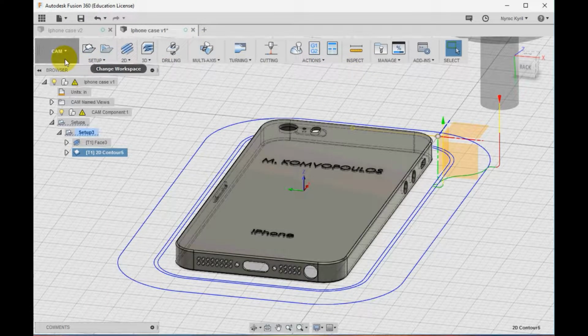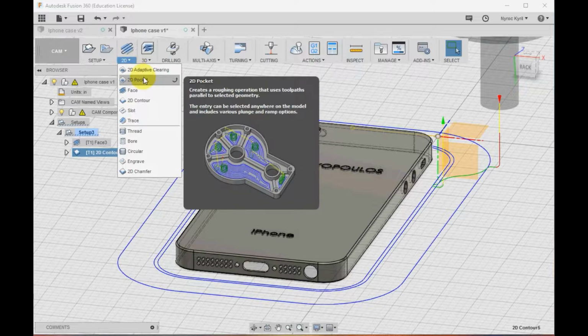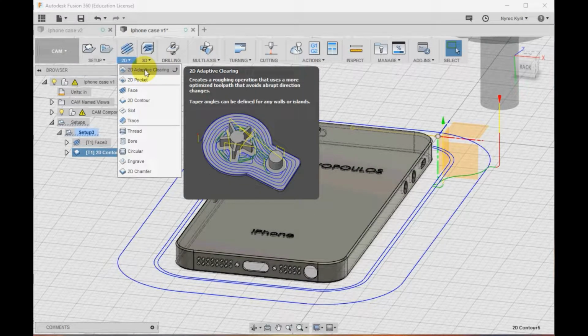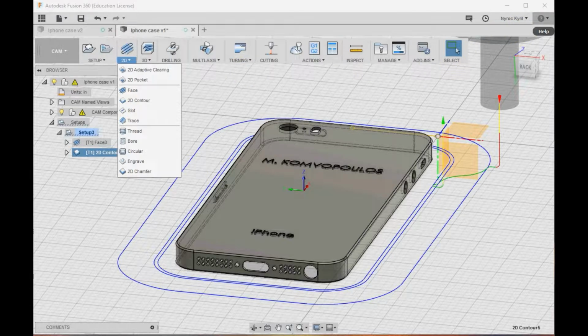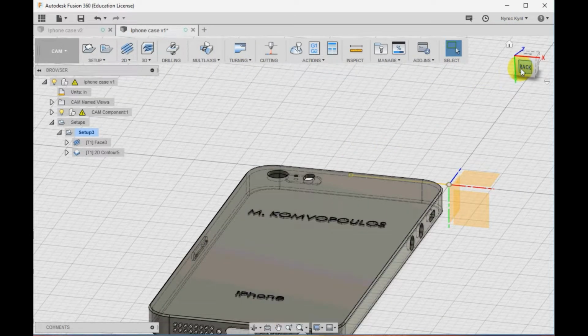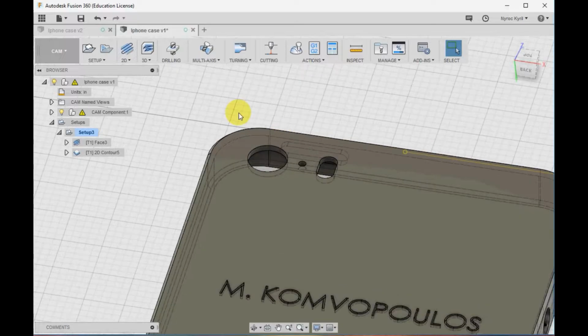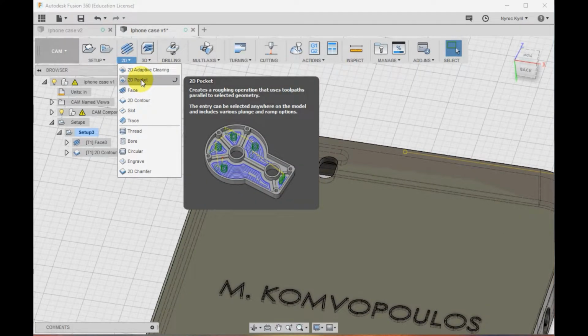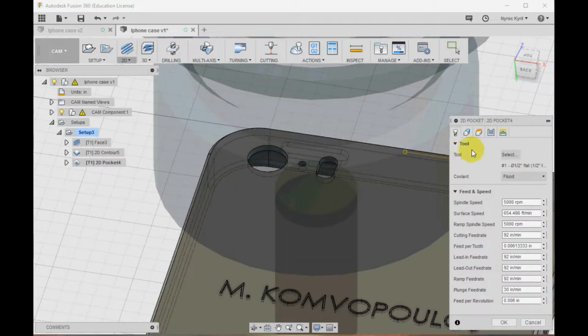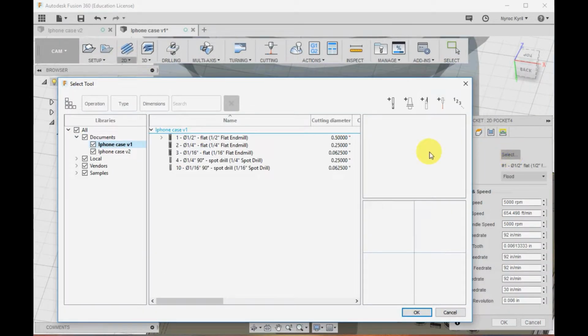Alright, then after that, we're going to go ahead and do a 2D pocket, I believe. That's what we're going to be doing to get the hole for the camera. Yeah, so 2D pocket. There we go. Go ahead and change your tool to the